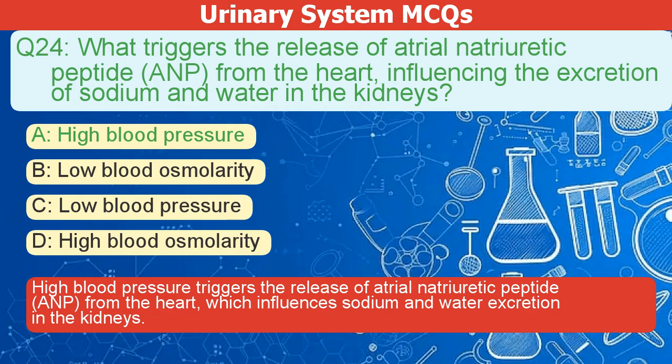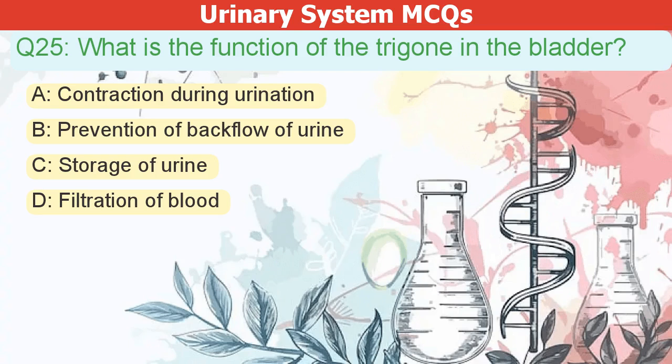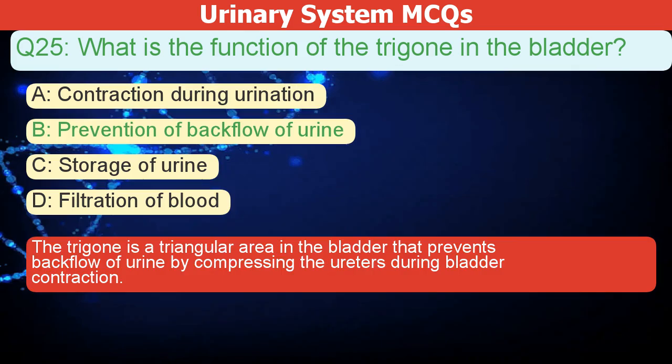in the kidneys. What is the function of the trigone in the bladder? A. Contraction during urination. B. Prevention of backflow of urine. C. Storage of urine. D. Filtration of blood. The correct answer is B. The trigone is a triangular area in the bladder that prevents backflow of urine by compressing the ureters during bladder